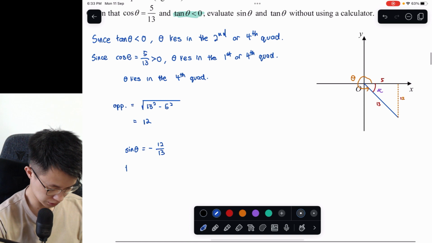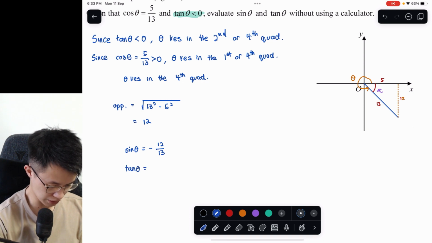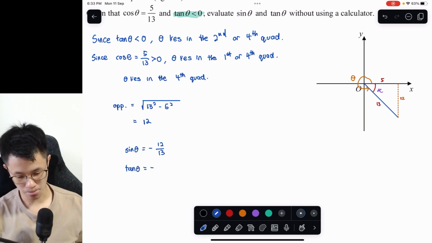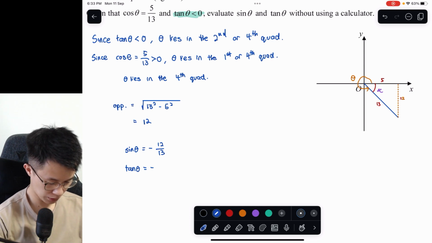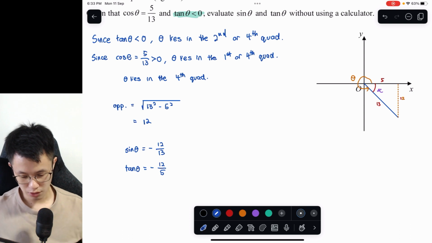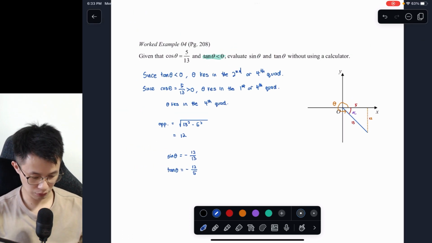And tangent theta will also be negative because this is in the fourth quadrant, and this will give you negative 12 over 5. Okay, so that is how you solve such questions